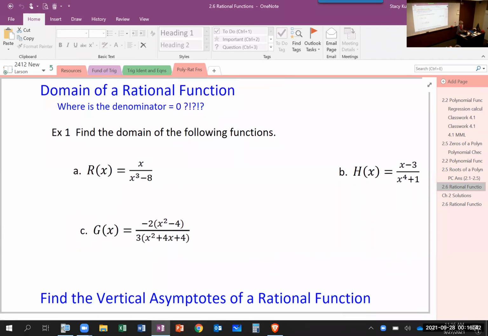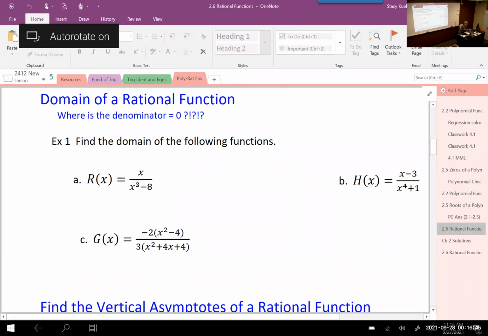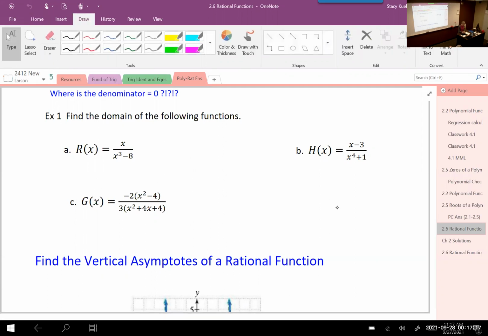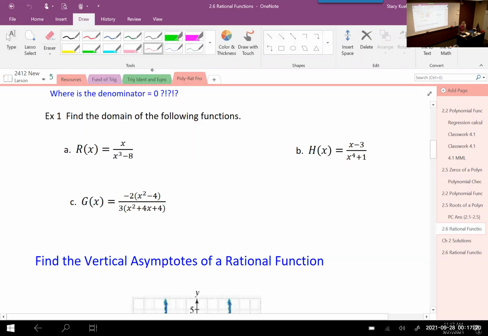When we think about our rational functions, we first want to talk about the domain of these functions. The domain of the function, right? So in other words, I'm going to be considering where, in this particular case, is the denominator 0? Because that's the value that's going to be not allowed in our domain. So in the first problem here on question A, it says r of x is equal to x over x cubed minus 8. And I'm interested in, again, where the denominator